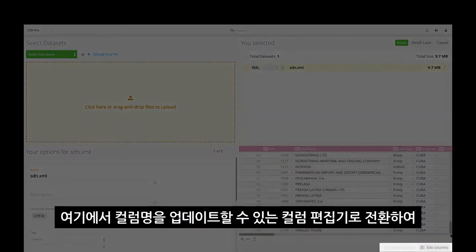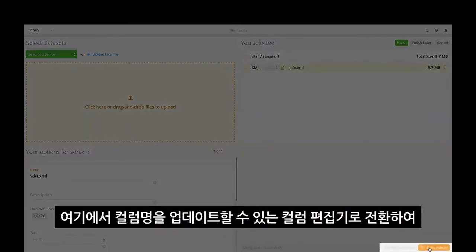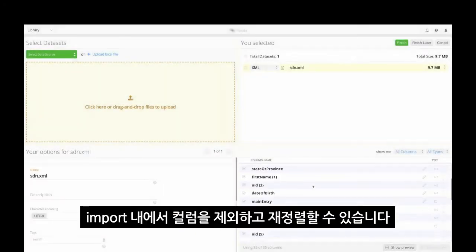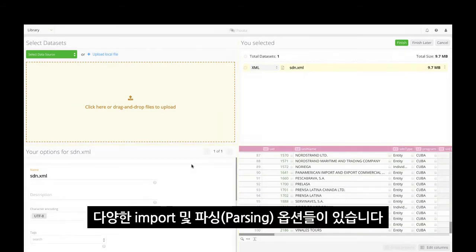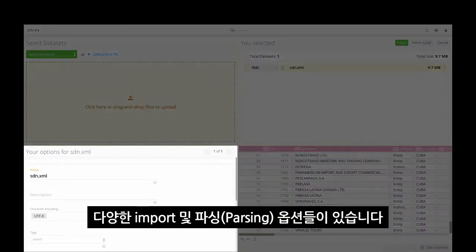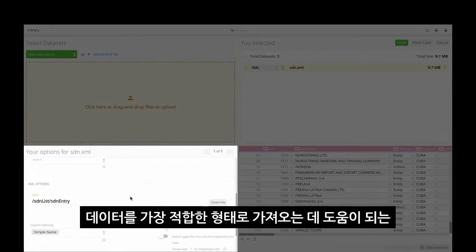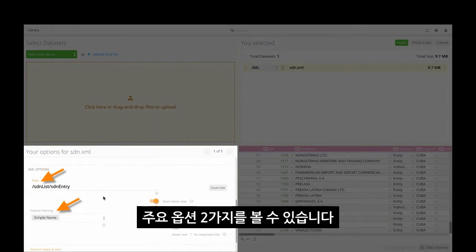Here we can toggle the column editor view where we can update column names, exclude columns from import, and reorder columns. Paxata includes a variety of helpful import and parsing options in the Options panel at the lower left. Specific to semi-structured files, we see two key options which help us ensure we are importing the data in the